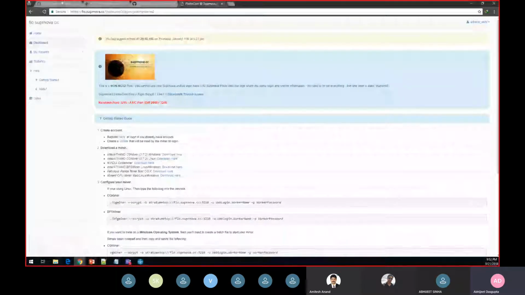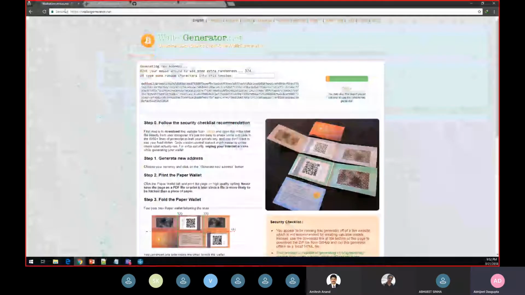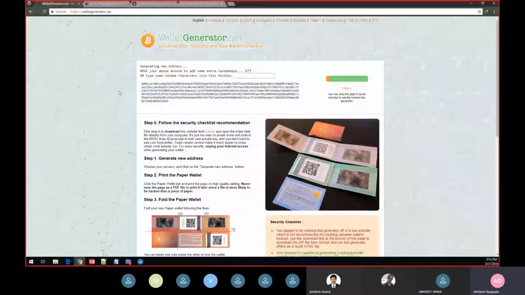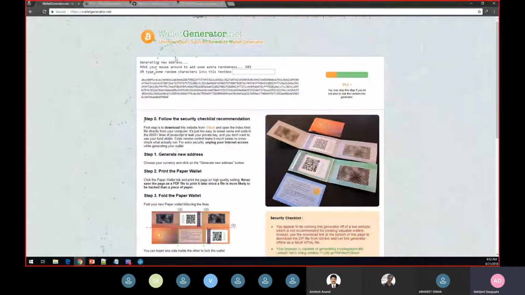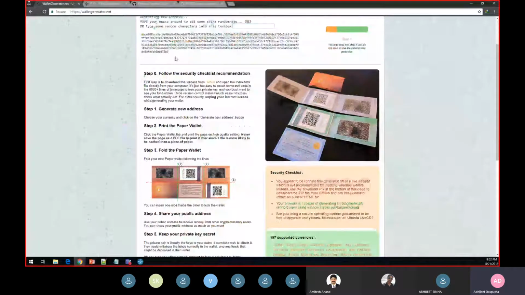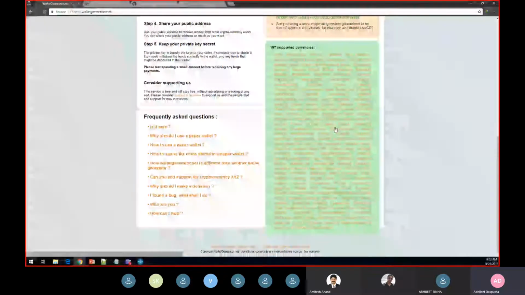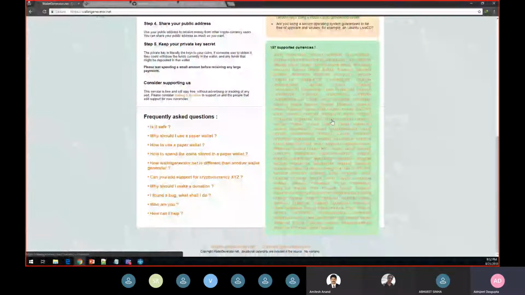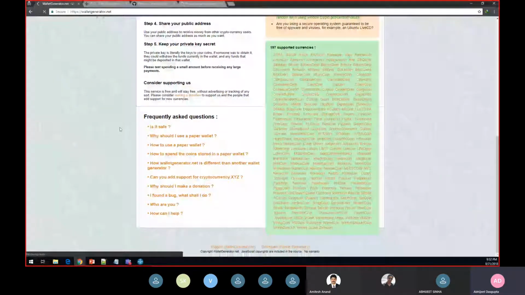So what we have here is, first of all, I would like to show you the paper wallet that I was showing you. This is the walletgenerator.net site. In this site, you can have a look at all the coins that this particular wallet supports. If you go down and see Fluorine Coin, which is the old name for Flow, and click on it, this entire wallet will get converted for generating addresses for Flow.